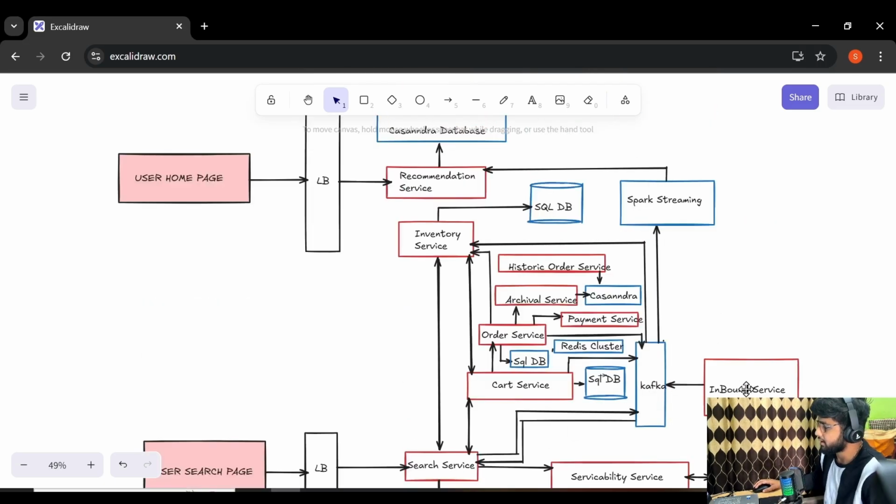Now the information or new onboarded items information will be sent to inventory service. You can identify this with the help of arrow. So you can see that the arrow is going towards inventory service. So we are storing this new onboarded items information to inventory service as well. Now which database we are going to use for this inventory service?